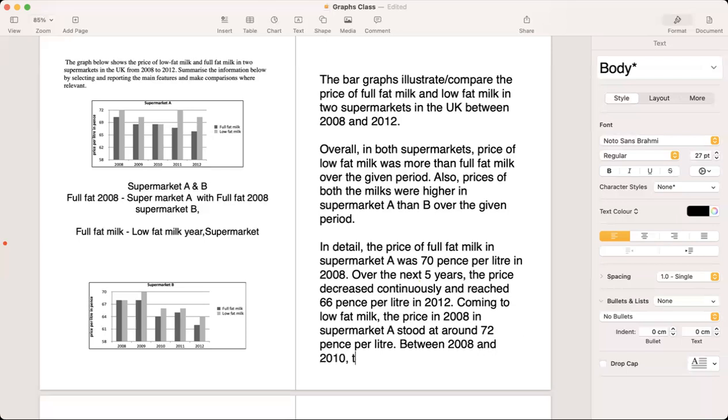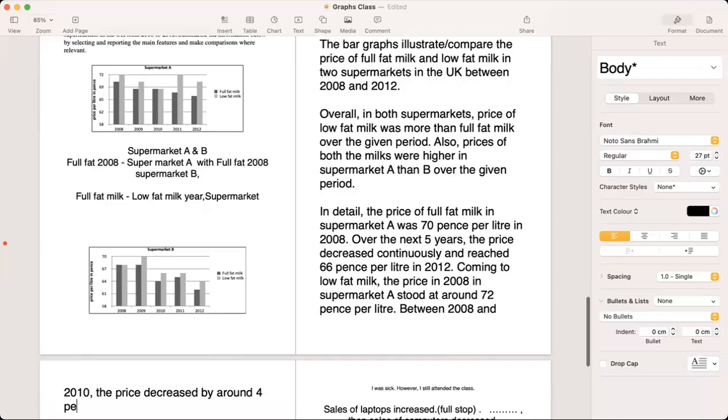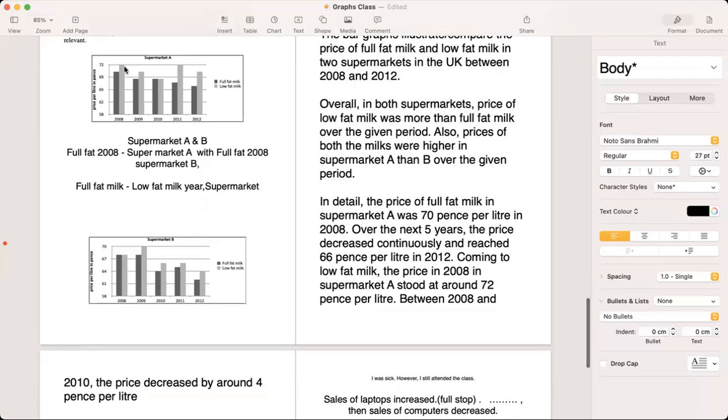and 2010 the price decreased by now यहाँ पे डिफरेंस लिखते हैं प्राइस में कितना डिफरेंस आया दैट्स व्हाई वी रिटन द वर्ड बाय सो यहाँ से 72 से 68 हो गया सो बाय अराउंड 4 pence per liter so by 4 pence per liter price decrease हो गया that's what I've written अच्छा 4 pence से decrease हो गया वो पहुंच गया अराउंड 68 now I'm here अब मेरे को बताओ मैं अब क्या करूंगा इसके बाद क्या हुआ